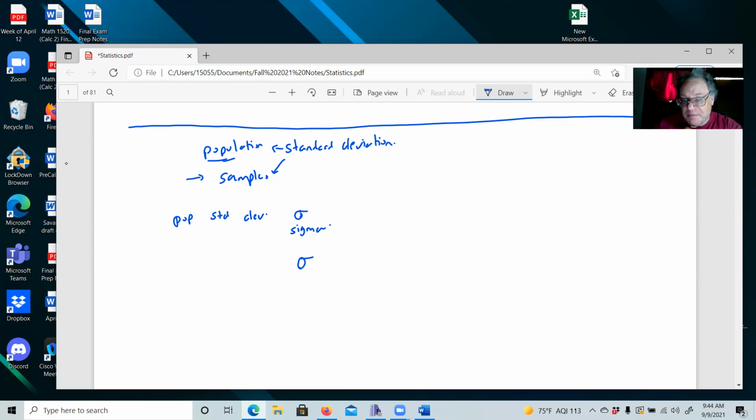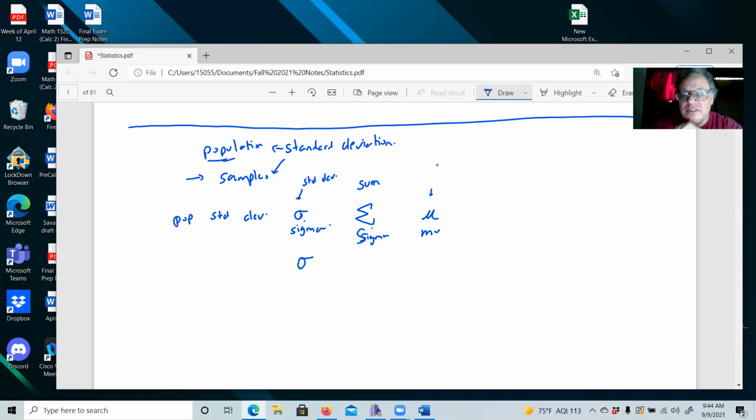We also use a capital sigma. This is also a sigma, but it's a capital letter sigma, just like in English, where we have a capital letter and a little letter. Sigma and capital sigma look a little different. Small sigma is our symbol for standard deviation. Capital sigma means the sum. All it means is add up all the stuff that comes after it.